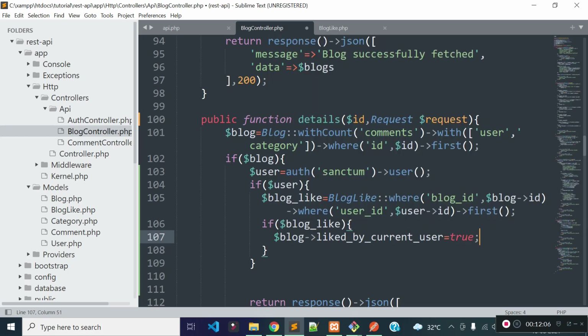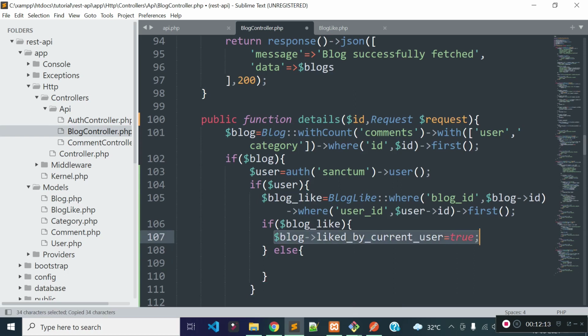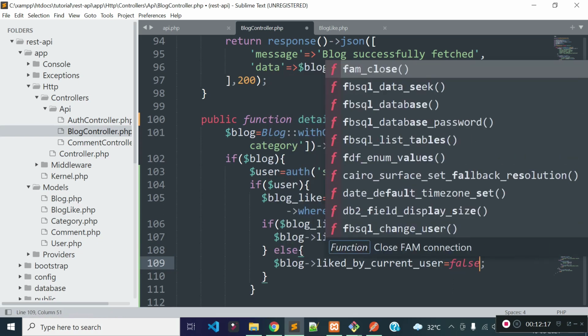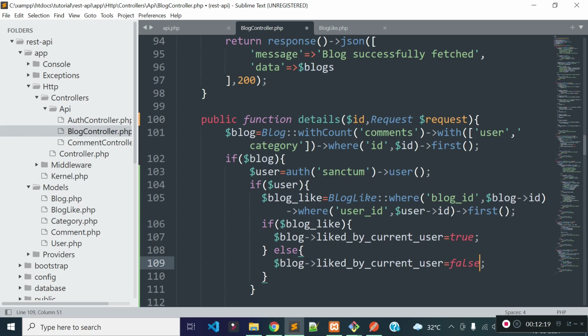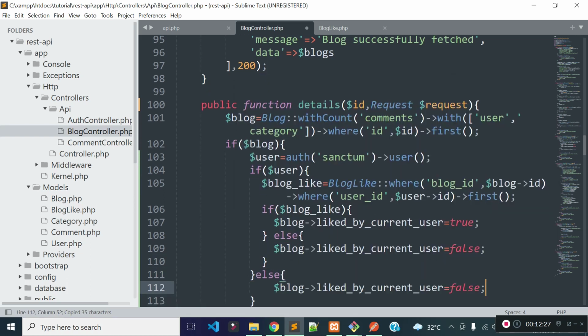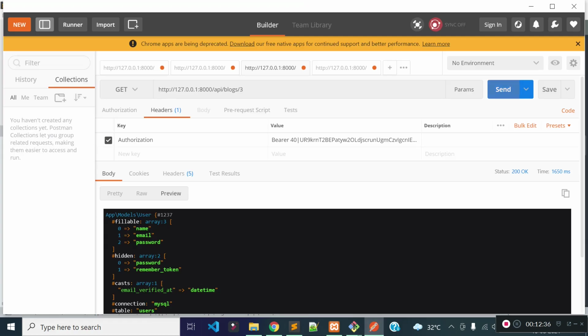If this blog is not liked by the current user, then this will be false. And if the user is not providing any API token through the authorization header, then this will be false also. That means the user is not logged in. Now let's check our blog details endpoint again.